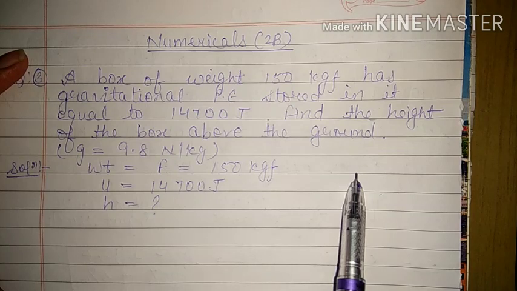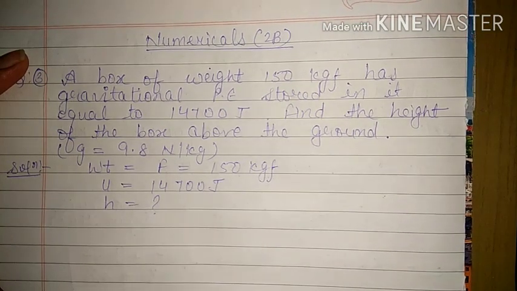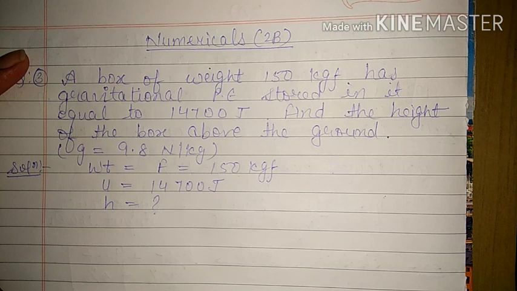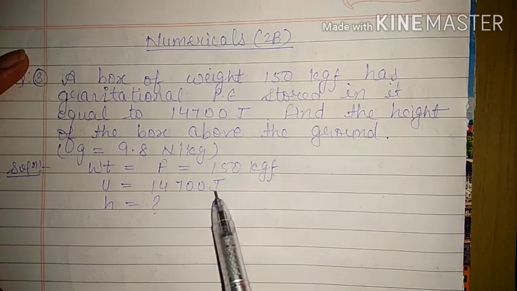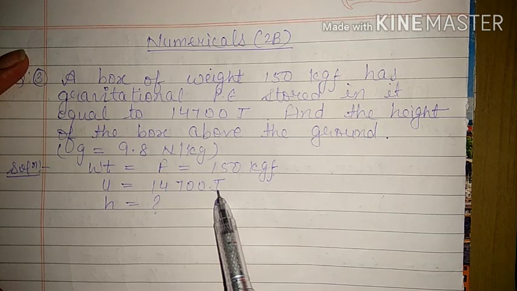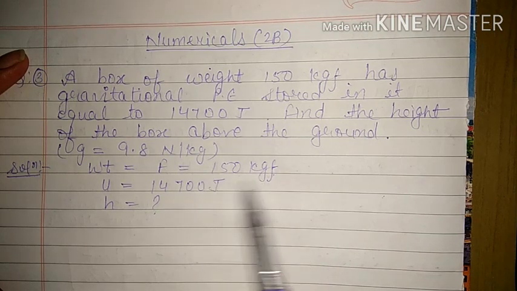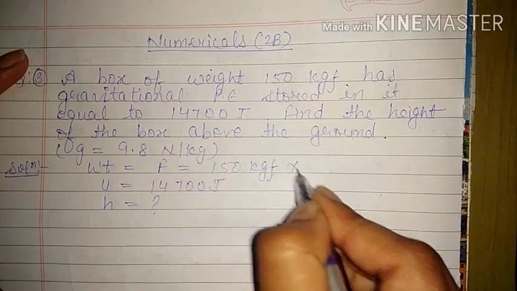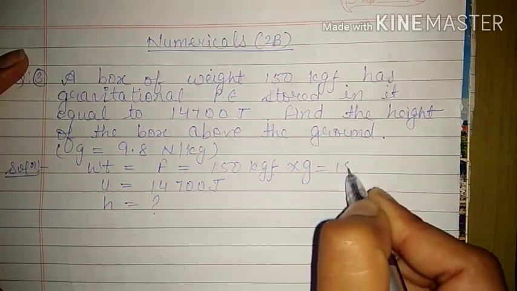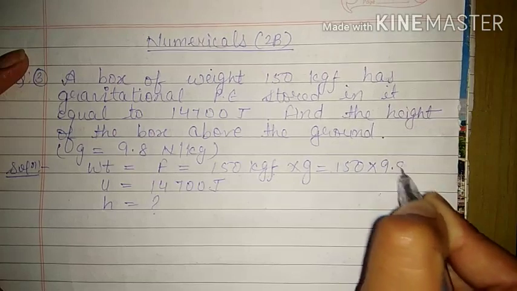Why do we need this in Newton? Because here energy is given in joule. That means the weight or the force is given in gravitational units, and this is given in SI system. So first we have to convert this also in Newton. To convert it into Newton, we multiply it by g, so it will be 150 into 9.8